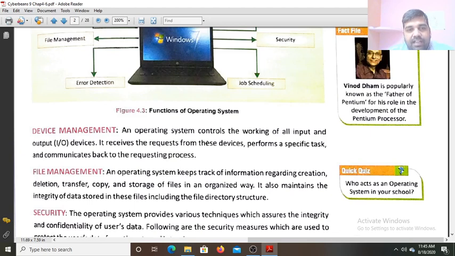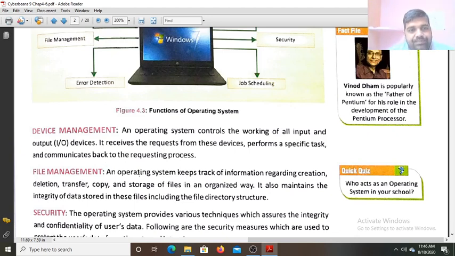An interrupt is generated, and that interrupt has the highest priority. So that interrupt is executed by the CPU immediately, performs a specific task, and returns to the requesting process. For example, when we press the shortcut key Alt Control Delete to reboot the system, the processor will leave all the other processes at the same time and execute that process, that is, reboot the system.